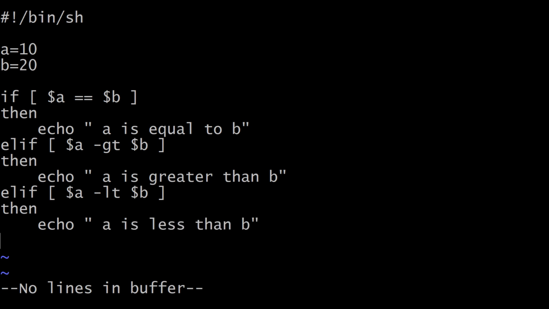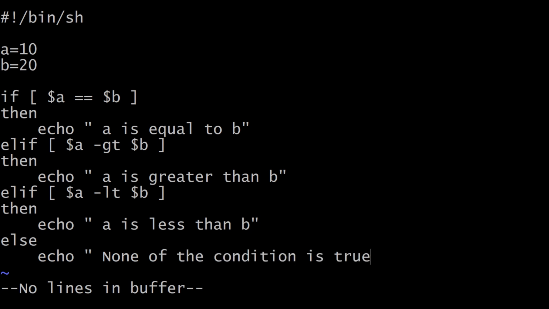If none of the expressions are true, then we will go to the else. So else, if none of the conditions are true, just print none of the condition is true. That's it. For ending our elif statement, just give fi.